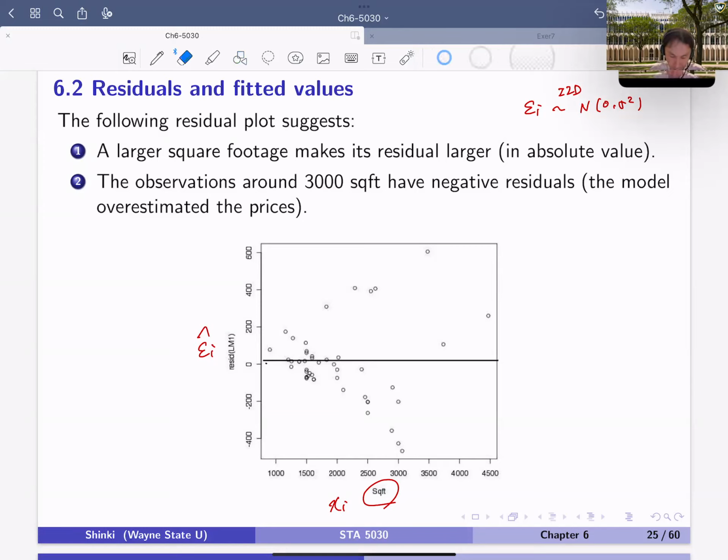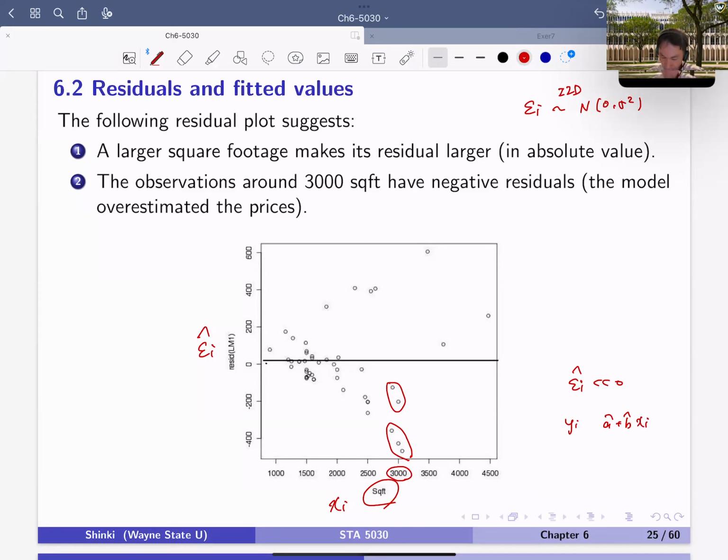For example, this looks almost no pattern. This does not have any pattern almost, but we have some problem maybe around here. All of the errors are very small, maybe even including this. So that means if square footage is 3000, epsilon hat is large negative values. That means what? If we compare yi and a hat plus b hat xi, epsilon hat is very large